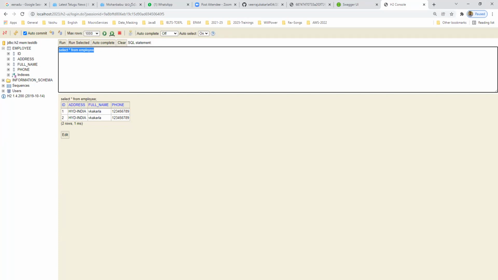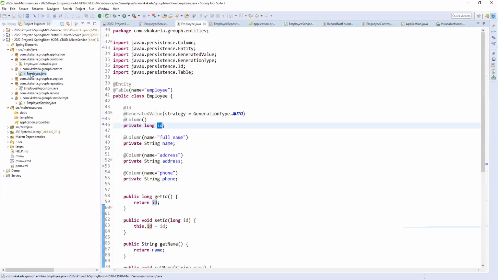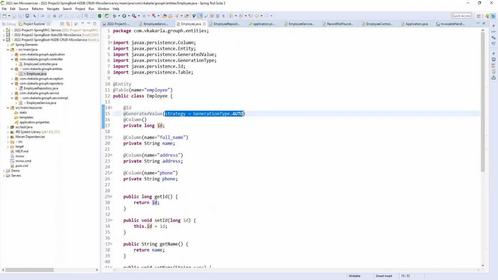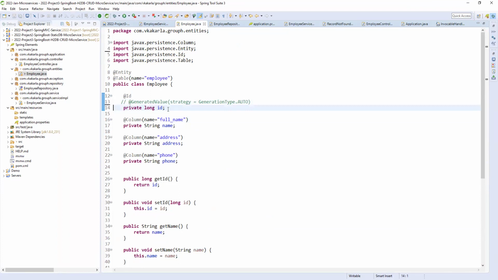Why? Because here in the entity we are giving generated value, auto generated. So we need to disable this. By default it will be generated. So whatever we are passing, it should take that value only. No need to give the column here, automatically it will take.